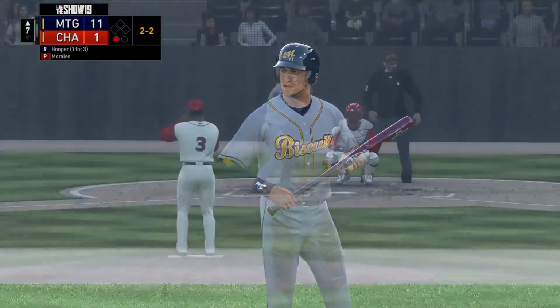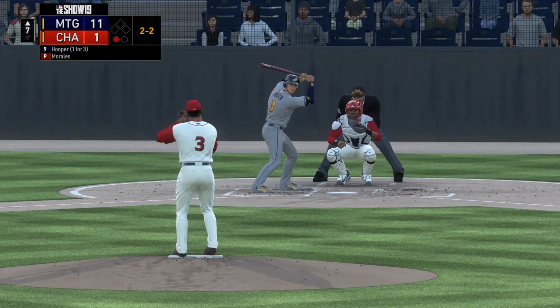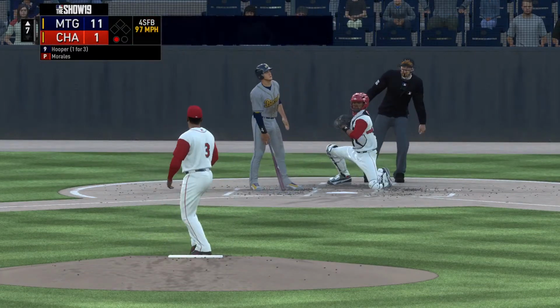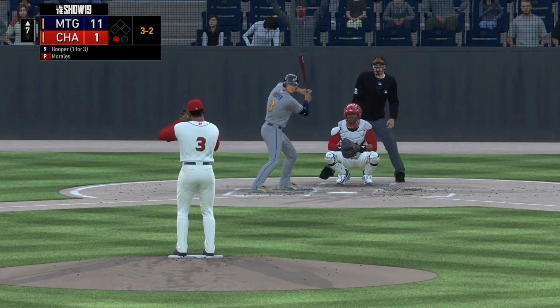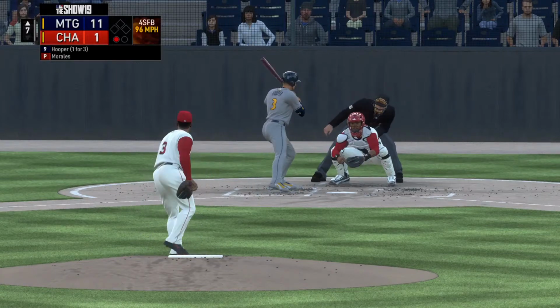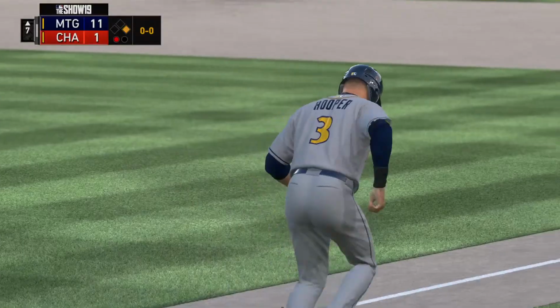Not sure if that was a purpose pitch or not, but I liked it. As a pitcher, sometimes you've got to be willing to back the guy off the plate by running something hard inside. You can't just let guys be comfortable standing in the batter's box against you. Now the 3-2 pitch. And he takes ball 4. So a good job out of the 9-hole in getting on base,